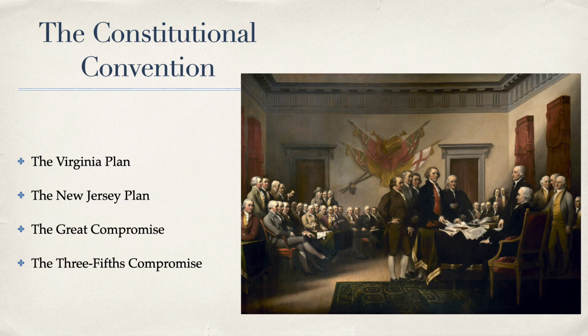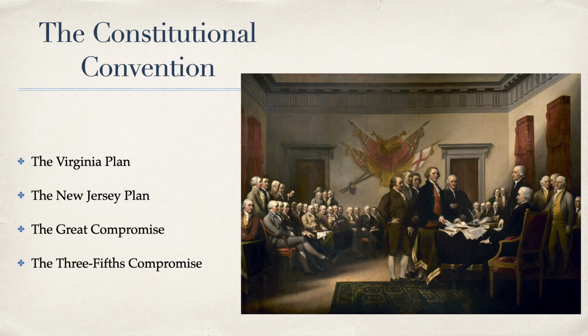So the question was, if we're going to have representation by population, do slaves count in the population for deciding representation for the House of Representatives? More than 90% of the slaves lived in 5 states: Georgia, Maryland, North Carolina, South Carolina, and Virginia. And the slaves accounted for 30% of the total population. So the delegates from these states wanted them counted as free persons for determining population. They didn't want to treat them as free, but they wanted to count them as free, so that way their numbers would be higher and they would get more representation.